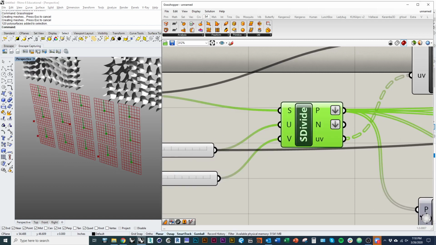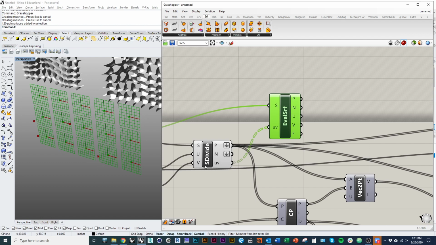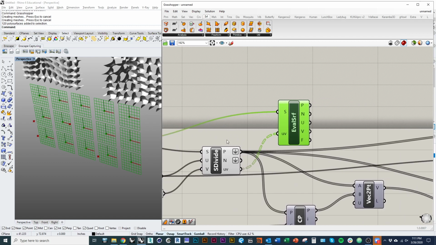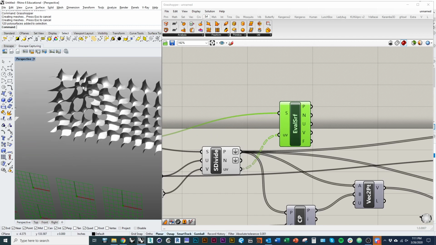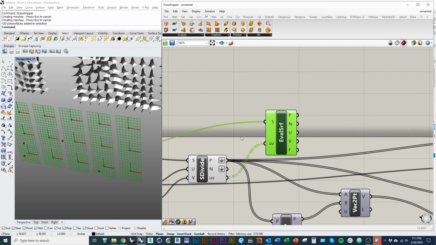So now at each one of those points, it's making a little XY coordinate plane. This is something that's used a lot in Grasshopper, like local orientation space or local Cartesian coordinate space, to deal with more complex surfaces. And what's cool about this, for example, is if we went to our